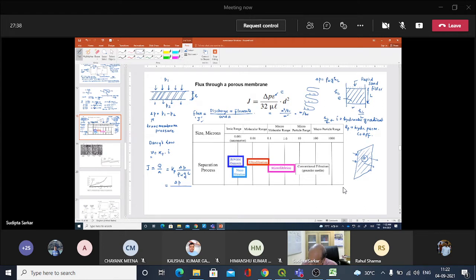G has this constant value, and rho W is for water; for other substances you can have a different rho value here. So in other words, you can write this as rho W G divided by Kp, and you have this as L. Okay, and then we can write it as J equals delta P into